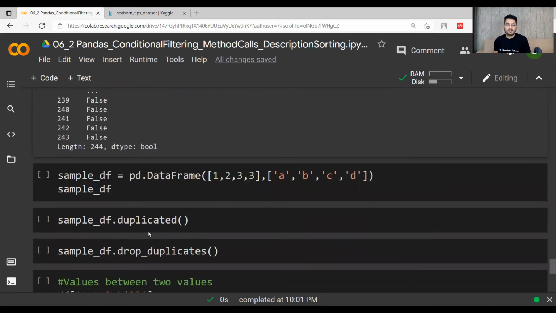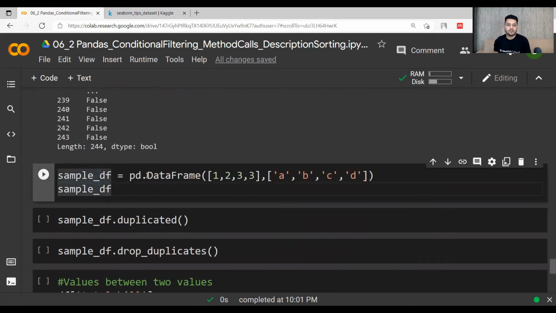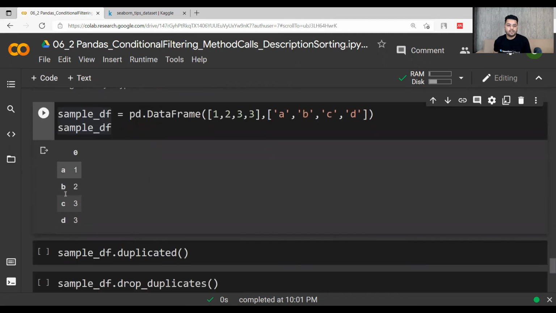So let's take a simple example. Let's generate this sample df in which I am passing the data frame with the values 1, 2, 3, 3 and indices a, b, c, d. If I run this, you will see that a, b, c, d are the four indices with the values 1, 2, 3, 3. Obviously, this second 3 is a duplicate value, right? So the output should be false, false, false, true.